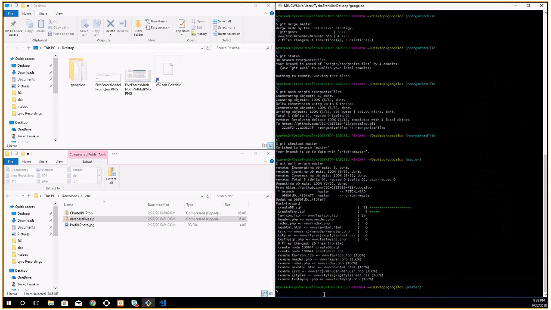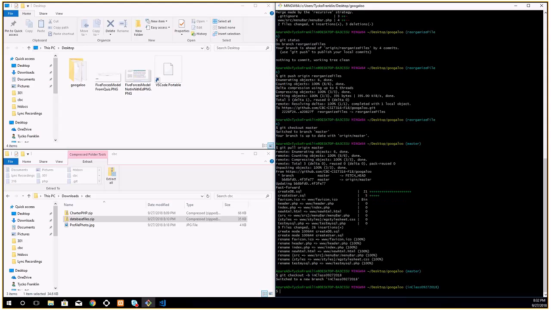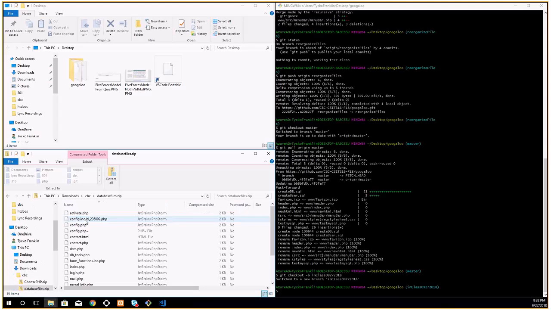Alright, so here on master, I'm going to make a new branch, git checkout -b for a new branch, and then I'm going to make it in class 927. So now we're going to apply the changes from here. So we have the